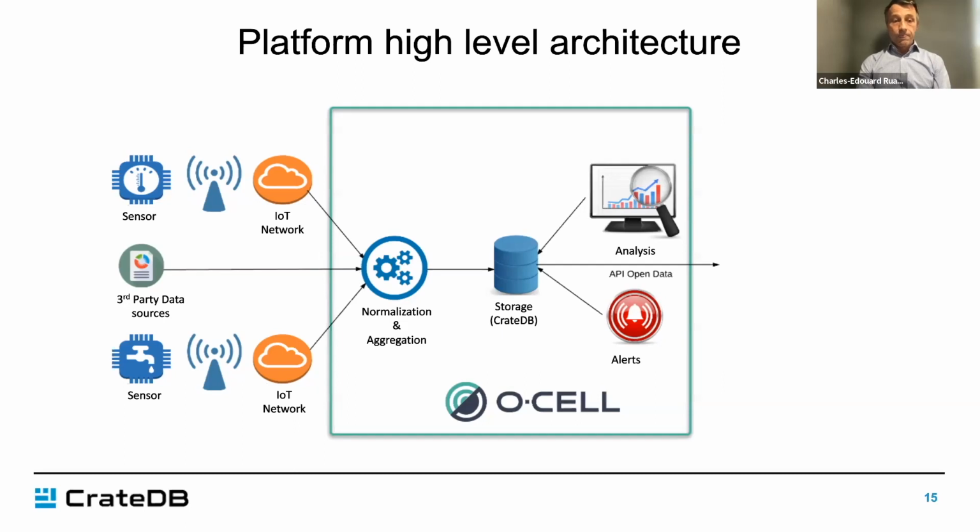Sure. So for the customer web portal, we're using Tomcat with a Java application that is using the Vaadin web application framework, which is great. On this side, the Java integration with Crate was quite easy because Crate also provides a JDBC driver to interact directly with the database. So every standard Java framework can work on CrateDB, which is fine. We just had to make some custom enhancements to be able to leverage the blob storage of Crate, which runs on HTTP only. And then on the ingestion, data processing, alerting, and so on, we're using Go microservices that are